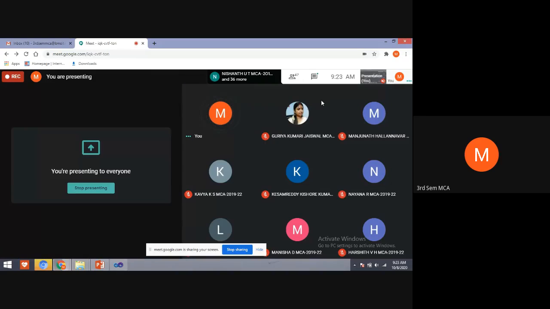Neelanjan, Neelanjan, Nishant, Present, ma'am. Pavitra, Present, ma'am. Maithili, Present, ma'am. Priyanka, Present, ma'am. Pavan, Present, ma'am. Akash, Present, ma'am. Rajeshwari, Present, ma'am. Rakesh, Yes, ma'am. Ramya, Present, ma'am.